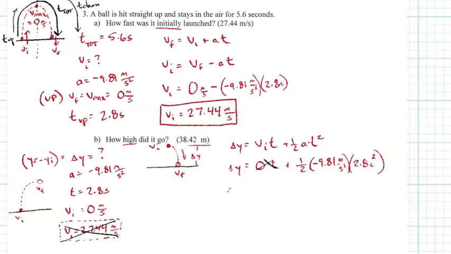And we're going to have our displacement is, I'll just do this in decimals, or the half in a decimal, 0.5 times negative 9.81 times 2.8 squared. What is that if we calculate that all out? It should be 38.4